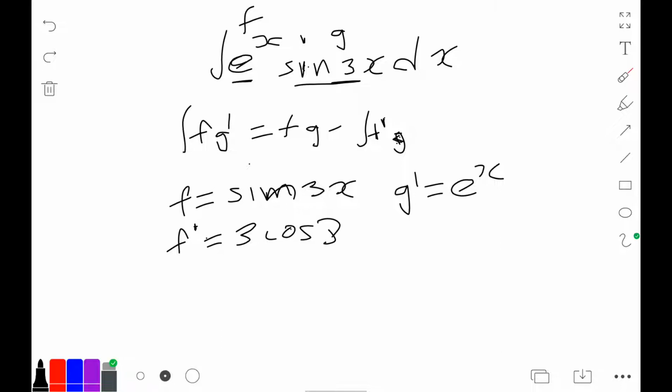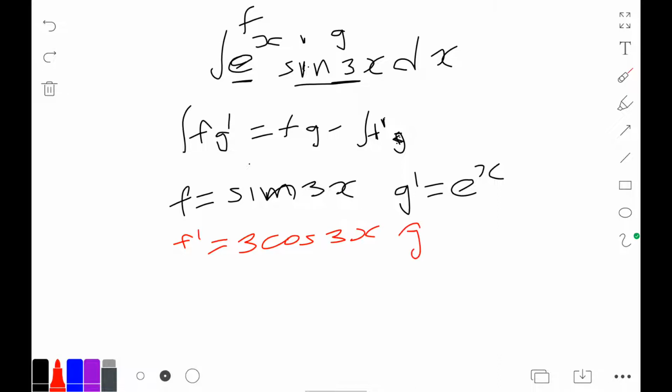Let me just erase it. Yeah, now it's working properly. So our f prime is equal to 3 cos 3x, and our g is still e to the power x. Now when we use this formula, our integral of f g prime, which is the same as this,